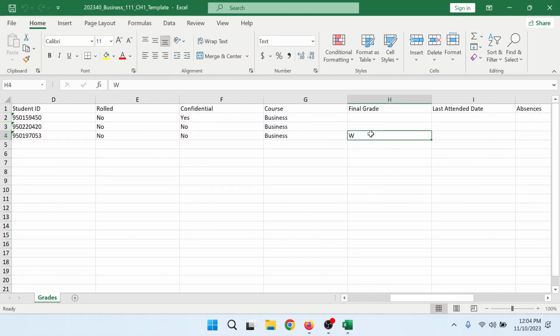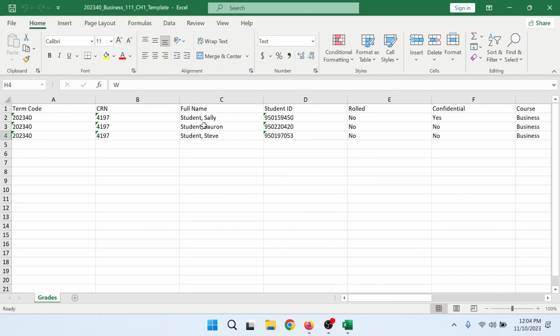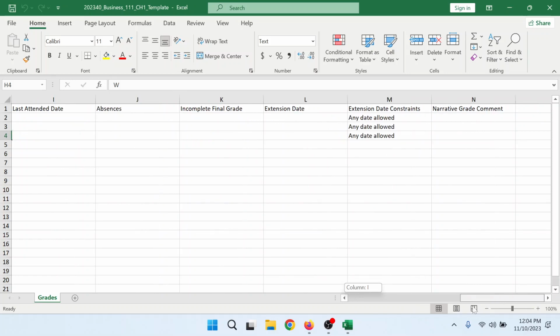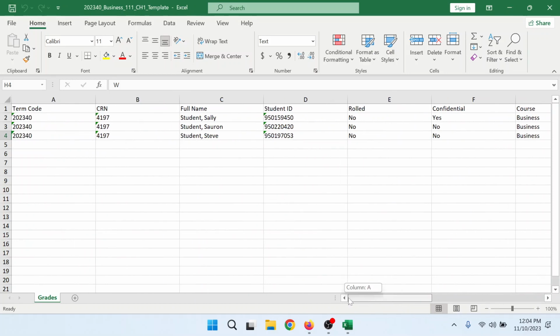It will auto load any student who withdrew before the penalty date. But as you recall earlier, one of these students withdrew with a penalty. This file does not tell you which one or which grade is valid,